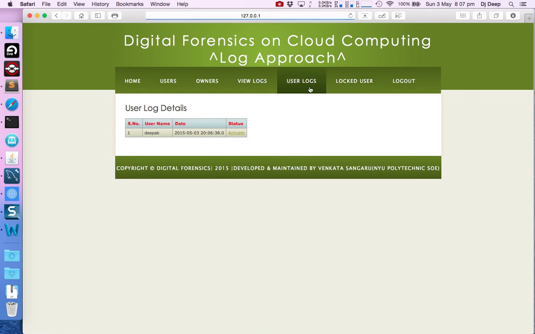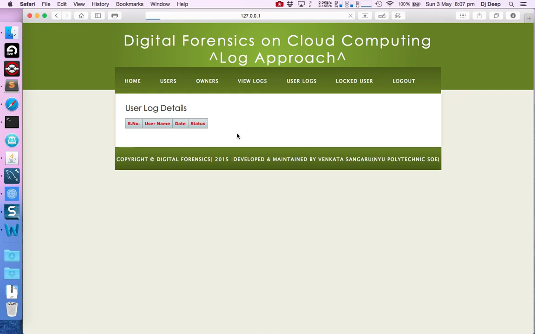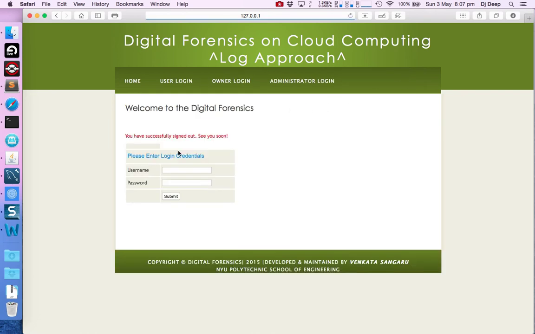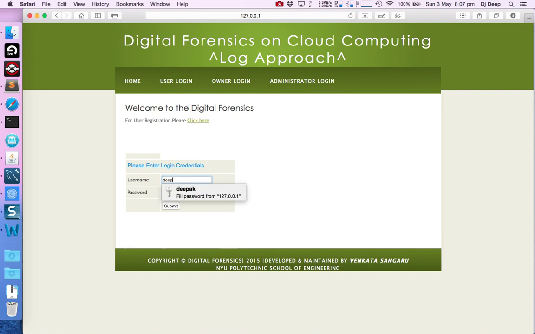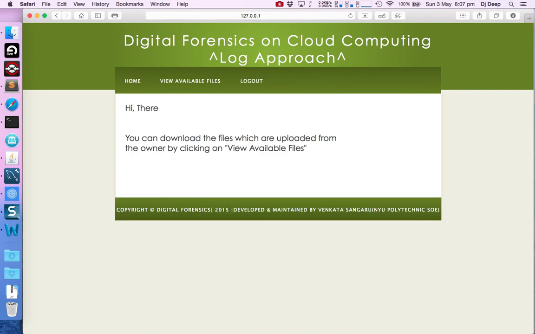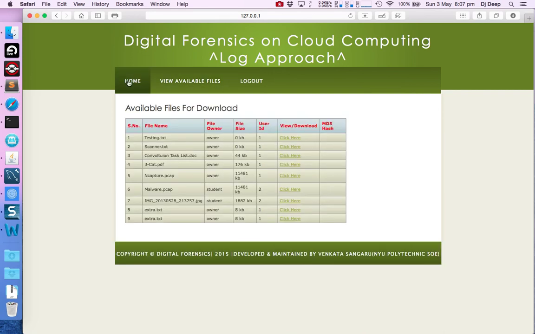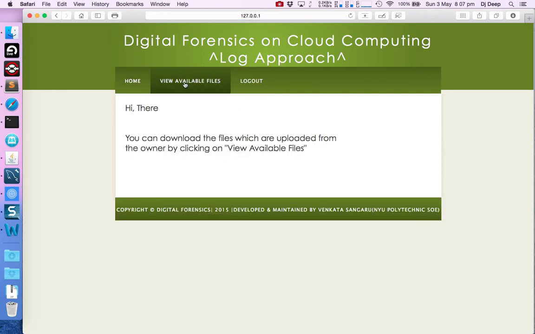So here it is. This user is trying to access his account at this time, but was unsuccessful. So we can just block this account, or we can activate it. If I want to activate it, I just have to press it here, and the user is activated. So now the user can log in. There you go. So it prevents SQL injection and brute force attacks, because I've used prepared statements for SQL injection. So that's it.